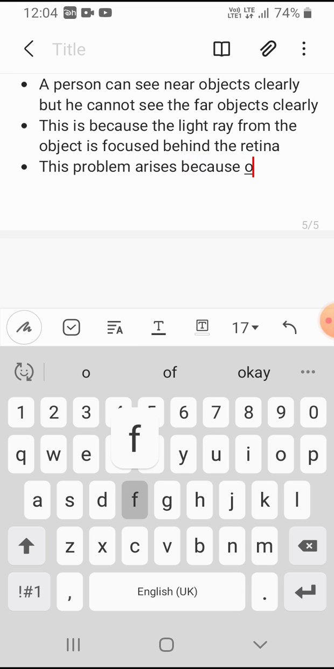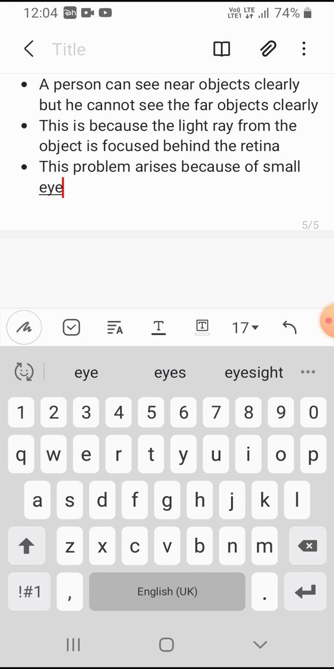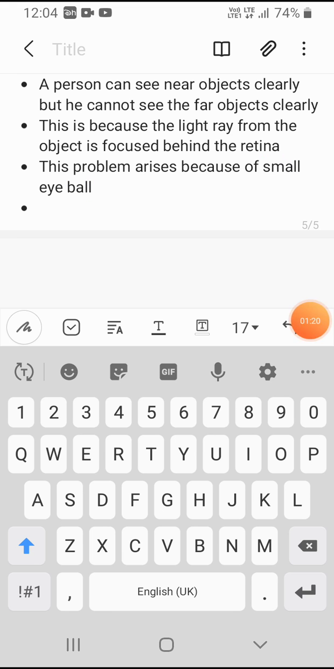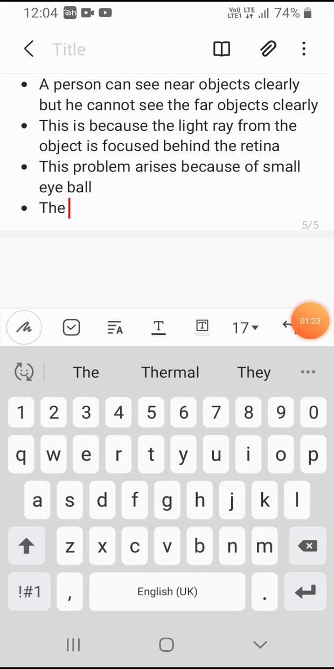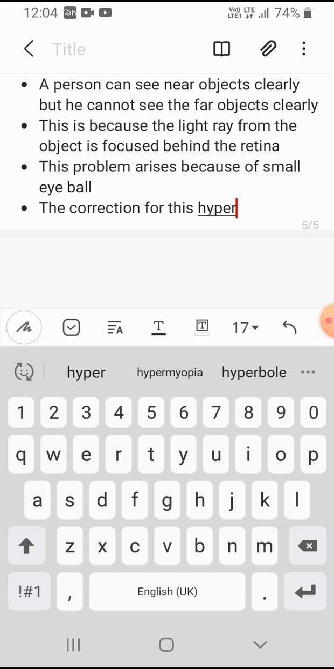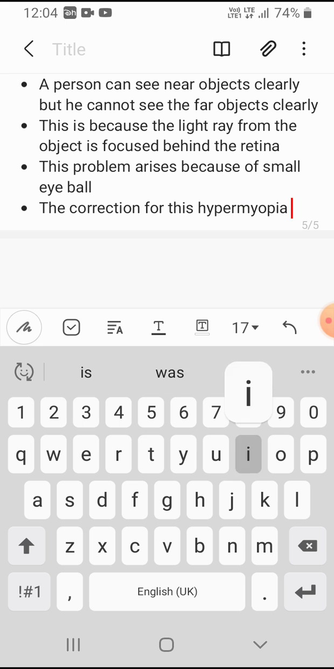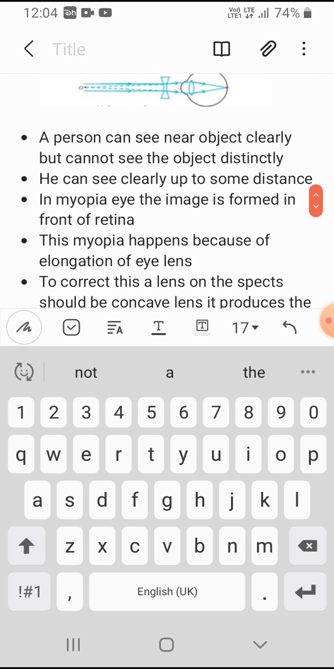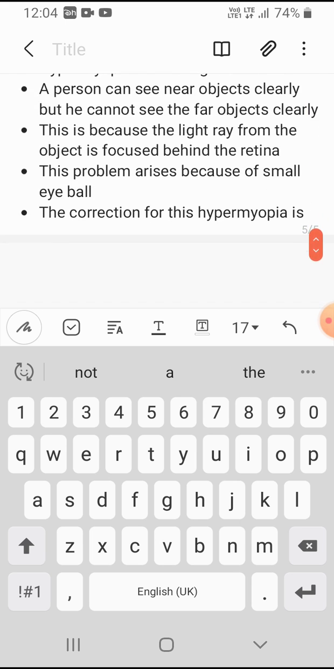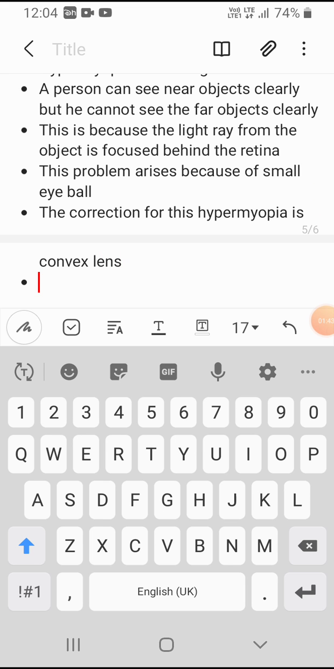This problem arises because of a small eyeball. If they have a small eyeball, then this problem may arise. The correction for this hypermyopia is the convex lens. The convex lens is the solution for this hypermyopia problem. So next,